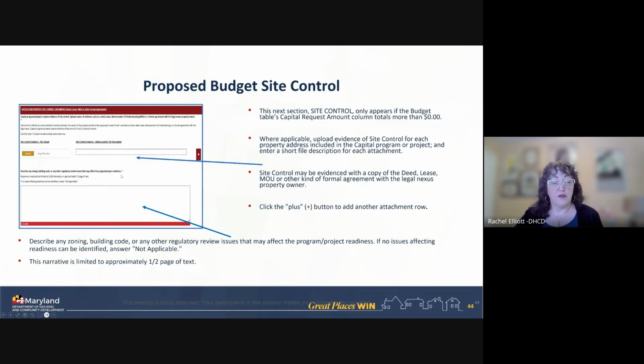before your award, so that if we have any issues, we can go back to you. Some of you know we've had to really hammer out some site control documents, which is usually not on you, more on our legal requirements internally at the state. Also, if there are any zoning or building control issues or code issues, please put those in here now. It's really important because this is something that we prefer not to have as a surprise later on. It won't necessarily hurt your application either, but it's good for us to know.